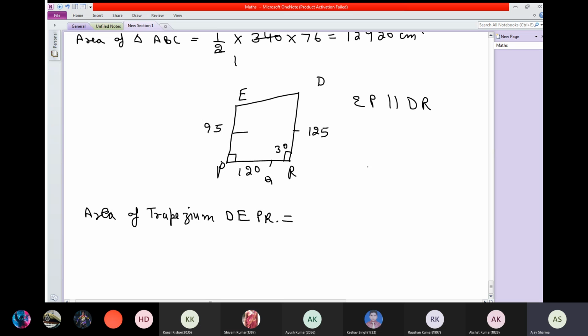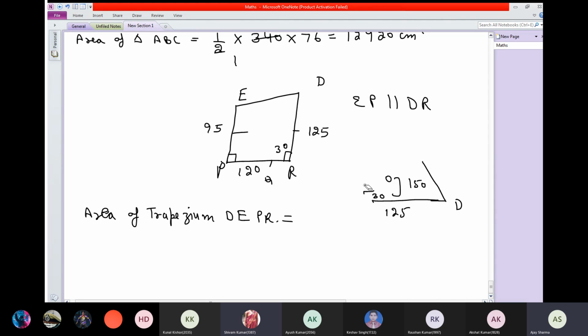This is the figure. Now rotate it. You will find there are two triangles and two parallel sides. This point is your D. If you rotate it 90 degrees, you will see the clear image. This is the P and this is R. RD is given to you 125. PE is given to you 95. And one side is 120 and this is your 30. Add this, it will be 150. Now you can find the height. Clear? Only the image is rotated. The figure is rotated through 90 degrees left.